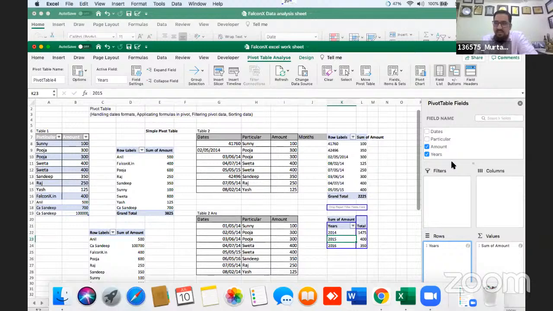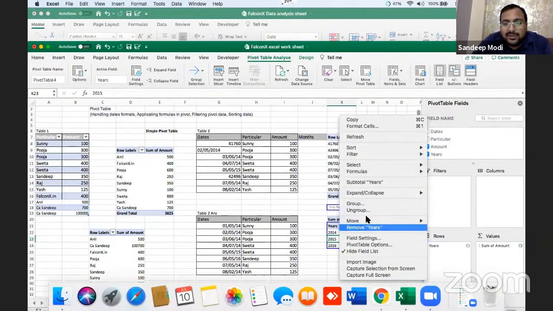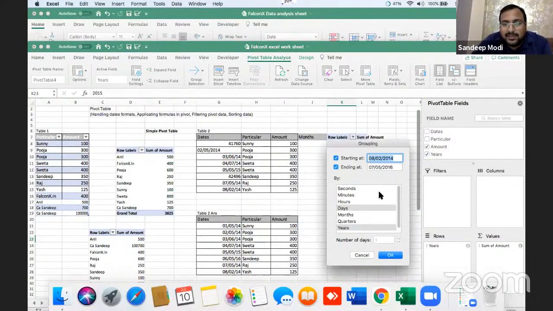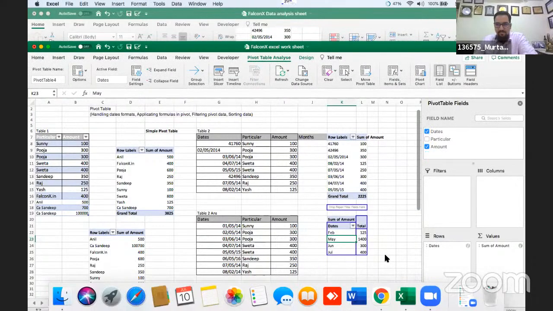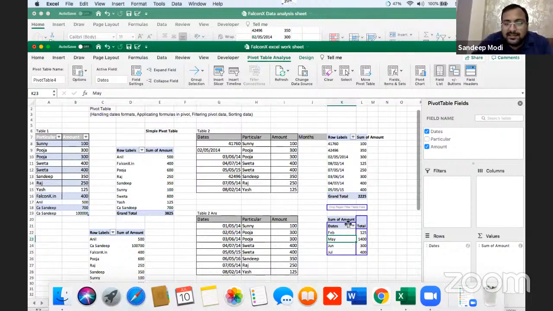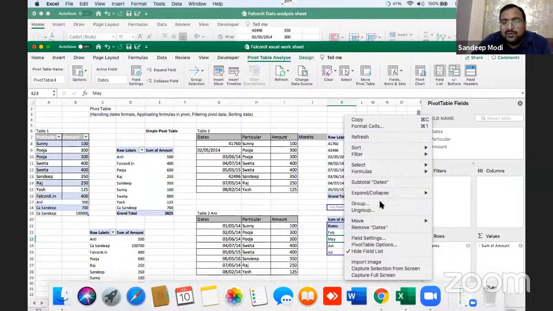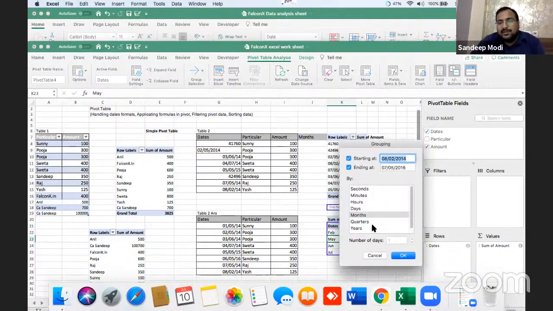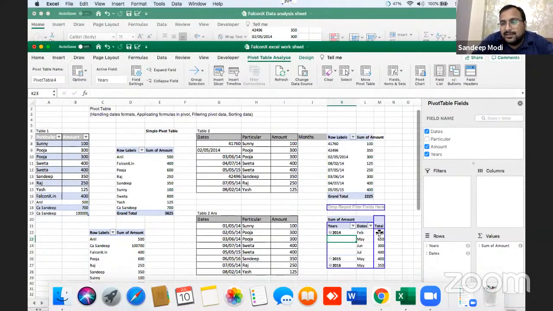Yeah, there is a question by Hussein Punawala. In pivot, how can you get month-wise charts or month-wise values? You have to just select, if the dates are in the right format, you can group the data, and here everything will be open as per your requirements. You can go month-wise, quarter-wise, year-wise. Now I want year and month both. So with the control key, I can automatically get it. I hope I answered your query, sir.